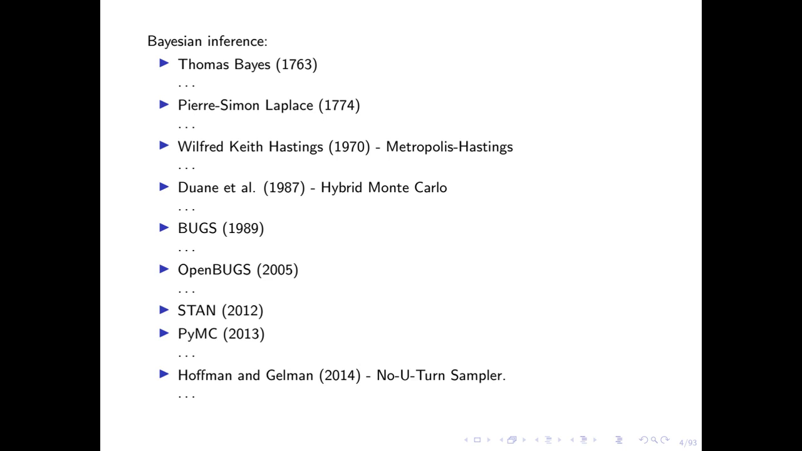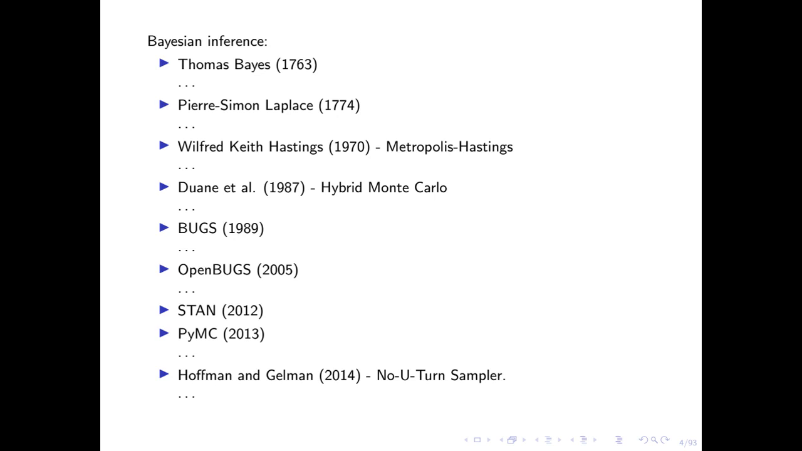Bayesian inference has been established quite a long time ago. Of course, there were some developments in between that. In the 1970s, there were some developments with Metropolis-Hastings. In 1987, physicists proposed a hybrid Monte Carlo approach. There were some software developments in BUGS, OpenBUGS, Stan, PyMC3 that allow the rapid development and application of